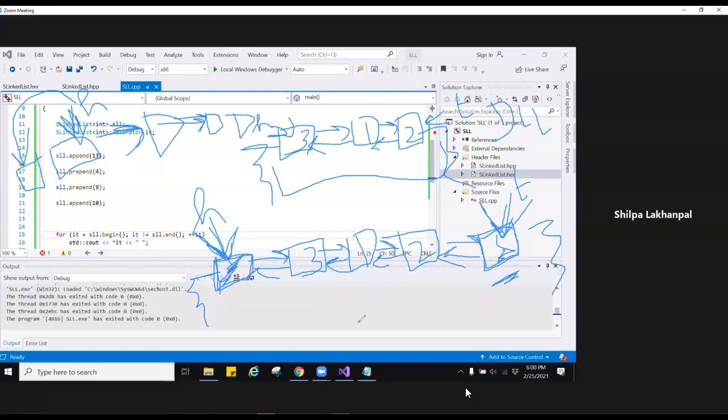Why? Because at the very beginning, if your list is empty, you will always have two dummy nodes. The list is empty, there's nothing over here. So you have two dummy nodes over here. Head is pointing to one, tail is pointing to the other. And since the list is empty, head's next is pointing to tail, and tail's previous is pointing to head. And then this next is null, this previous is null.